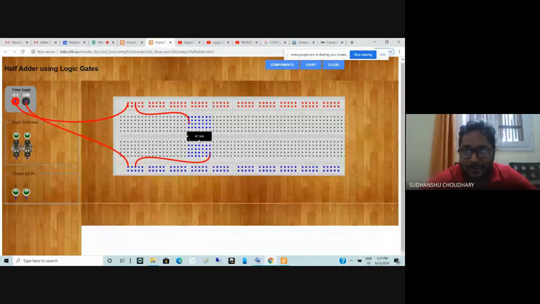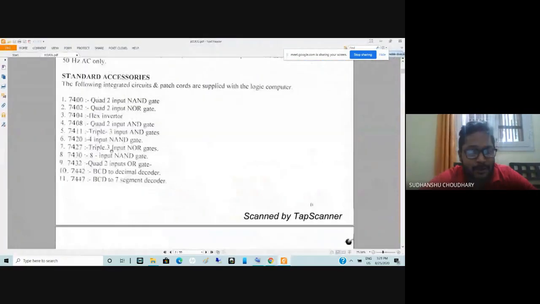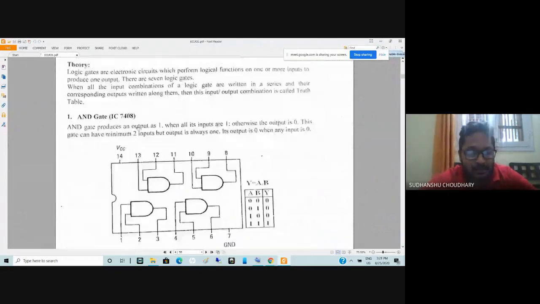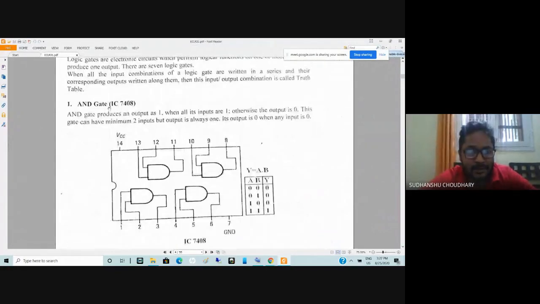Now I know that in IC 7408, 4 2-input AND gates are present. So this is IC 7408. Between pin number 1 and 3, one AND gate is connected.